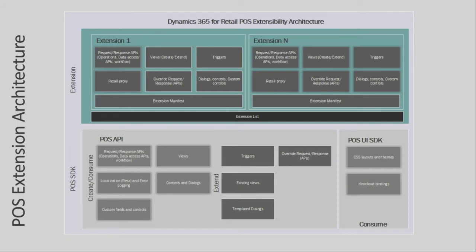The next one is consume. Consume means, for example, in your new extension, you don't want to write everything on your own, right? You want to consume some of our APIs. Let's take that warranty management scenario. When a customer buys a warranty, you want to add a service item and get the money for that, right? For that, you need to add an item to the cart. You don't want to write all the code for how to add an item, so in that case, you can consume our APIs or our controls or our dialogues in your extension. That's what consume means: consuming our APIs or our metadata in your extension.